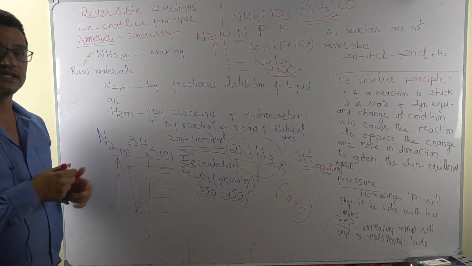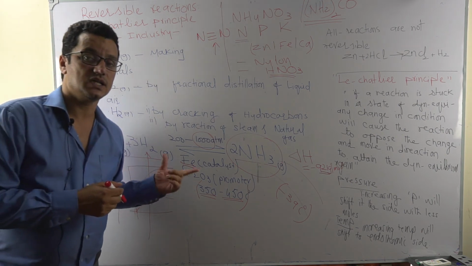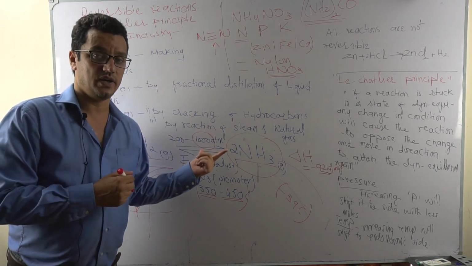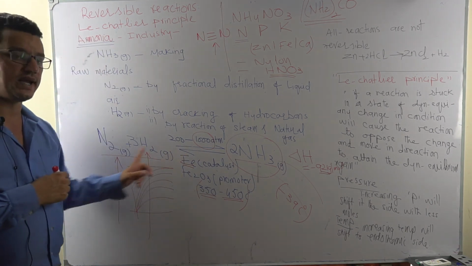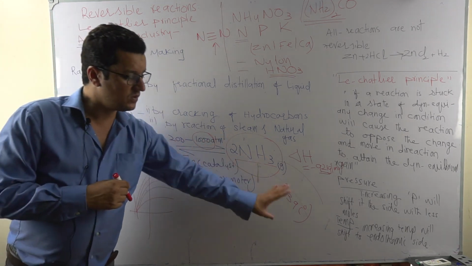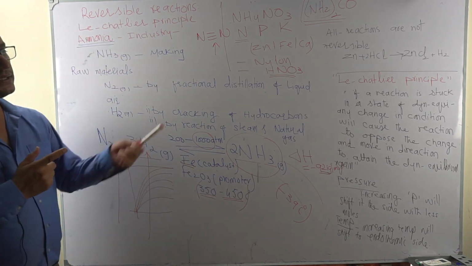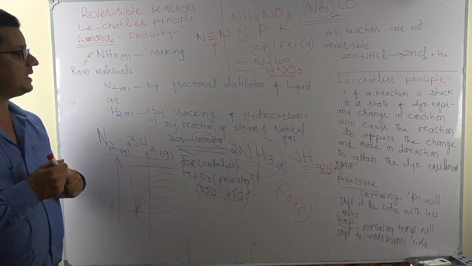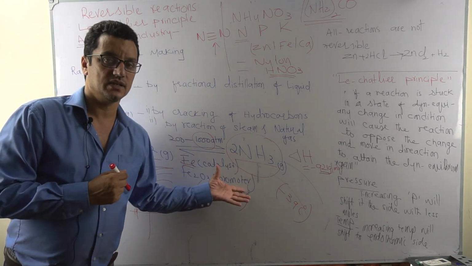Also nitrogen is an expensive gas and can't be released into the air, and hydrogen catches fire, so this also cannot be released into the air. So unreacted gases are constantly sucked back, passed over the heated catalyst, and ammonia is removed by the heat condenser. By applying these smart techniques and the Le Chatelier rule, Haber was able to achieve a 98% yield and he got a Nobel Prize for this, as we all know.